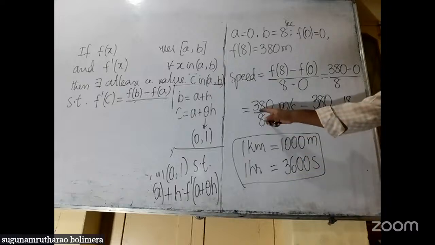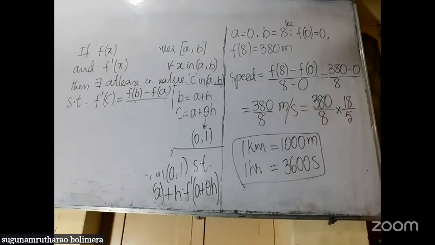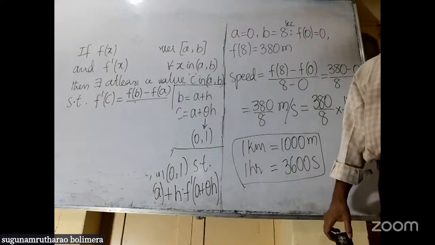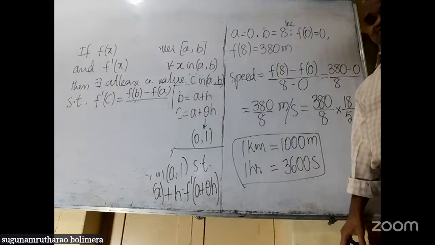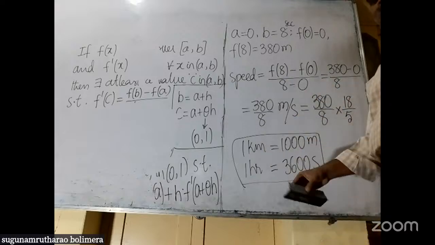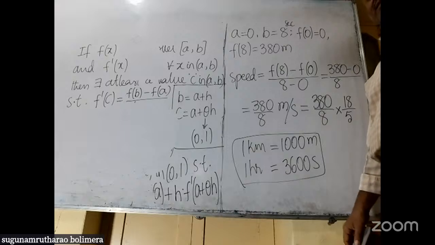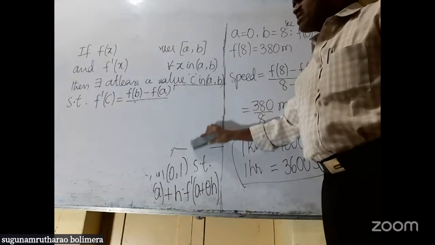Actually, in the question it was asked 280 meters, but I have changed it into 380 because now the government of India is introducing Vande Bharat super faster sleeper trains, which may travel a maximum of up to 180 kilometers per hour. Okay, but that 126 was the answer for 280 meters. If it is 280 meters, 126 was the maximum speed attained by the Rajdhani Express in India. Okay, so 171